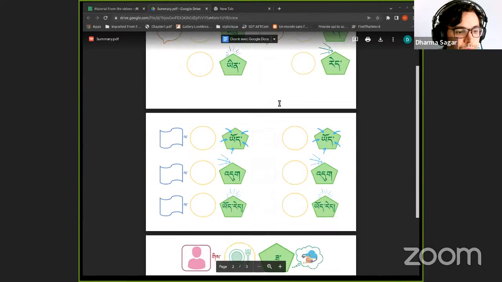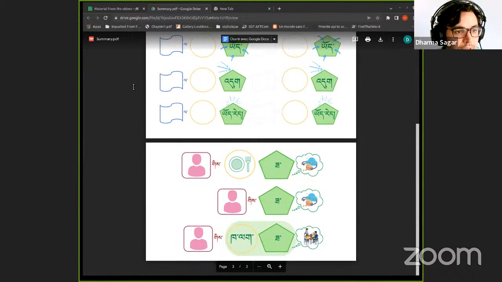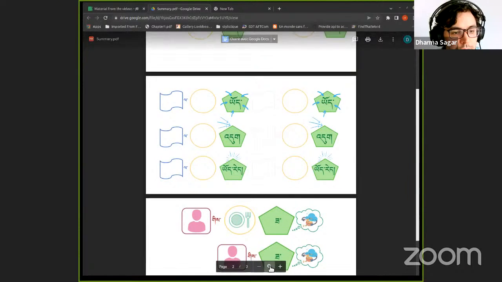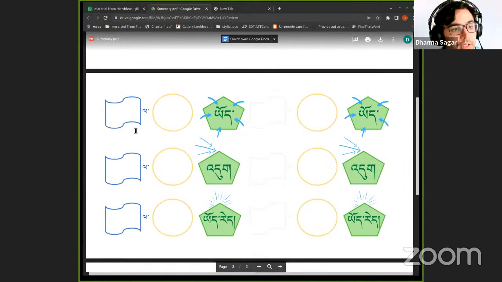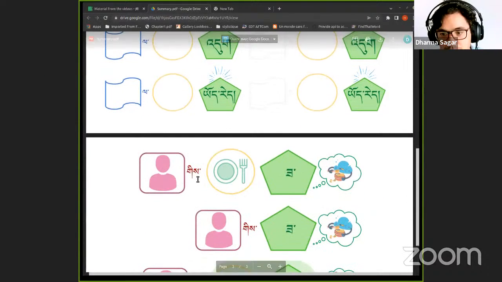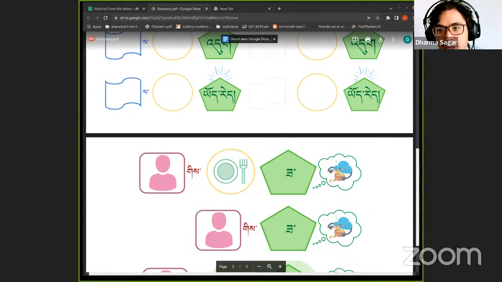Okay. So the particles, here you have two particles. Here you have the la. Let me make it bigger. La here, la particle. And then here you have the gi particle, right? It is this kind of thing that you don't know how to understand and how to use, right?